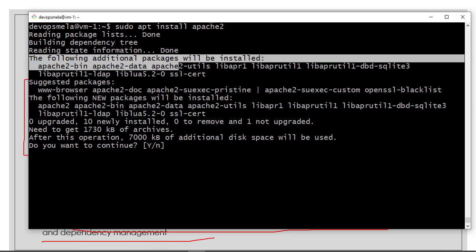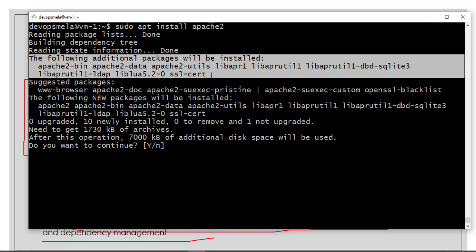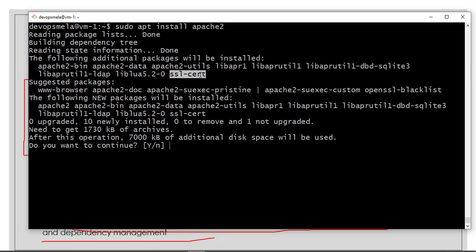The following additional packages will be installed. It is telling you clearly what additional packages. So these are dependencies. If you want to run your Apache server, you need SSL cert, you need these libraries. Without these libraries you cannot work with Apache. As simple as that. Now if you say yes,